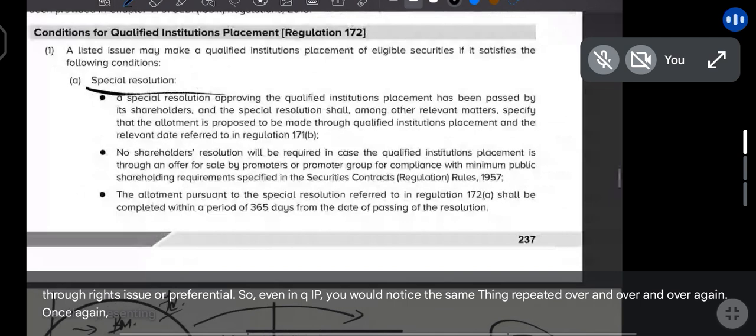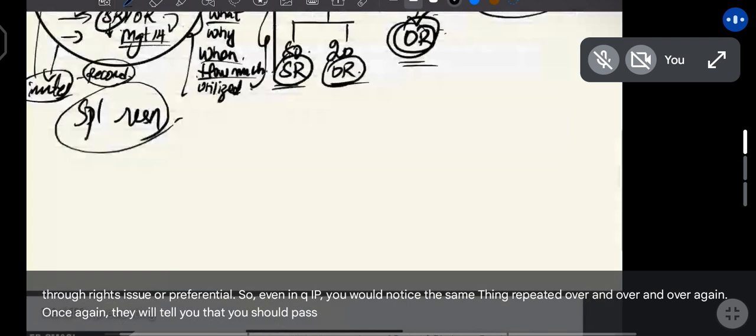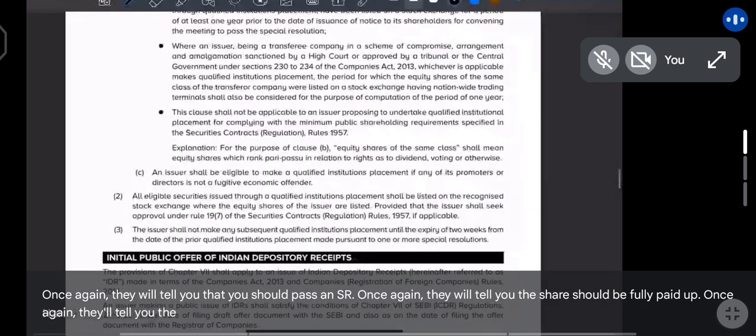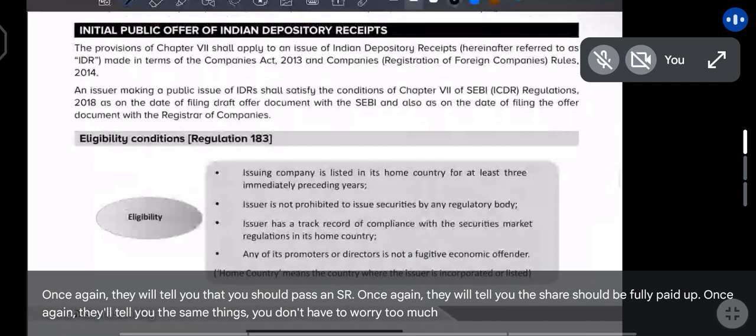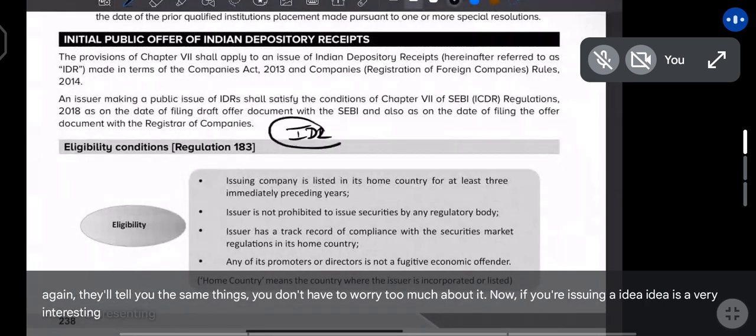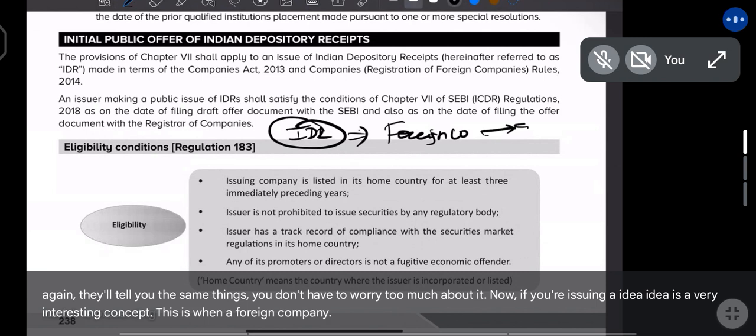Once again, they will tell you that you should pass an SR. Once again, they will tell you the share should be fully paid up. Once again, they'll tell you the same thing, so you don't have to worry too much about it. Now, issuing an IDR is a very interesting concept. This is when a foreign company comes to India,